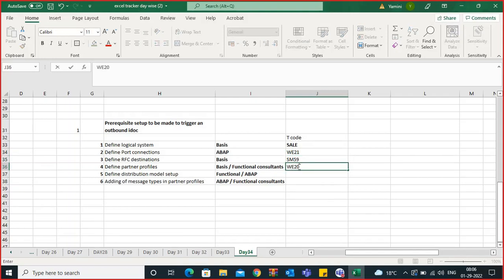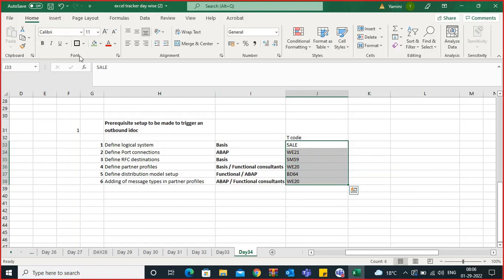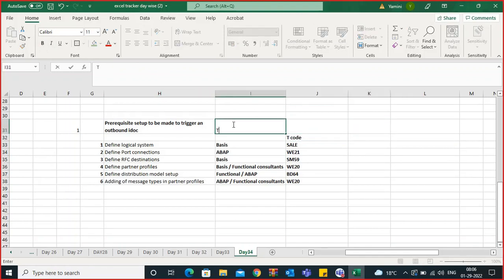Define partner profiles: the T code is WE20. Okay. Define distribution model setup: the T code is BD64. And adding the message type in the partner profile is again WE20. So these are all the T codes that whoever is in the project must use in order to